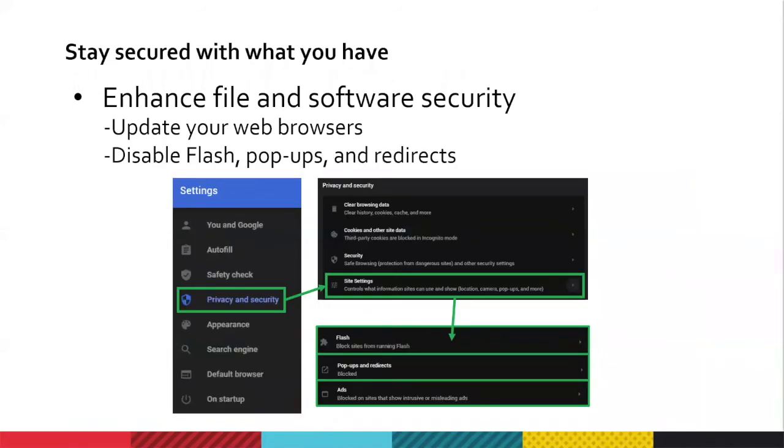Disable Flash, pop-ups, and redirects. Now, some might question why we need to disable Flash when it's actually a helpful plugin. But the truth is, the Flash plugin is already a rather old plugin. A lot of services and websites do not rely on Flash anymore. Even Google and Adobe itself have announced that they wouldn't support Flash anymore by the end of this year, 2020. And one of its reasons is because of its security flaws and its potential to have malvertisements. So always disable this.